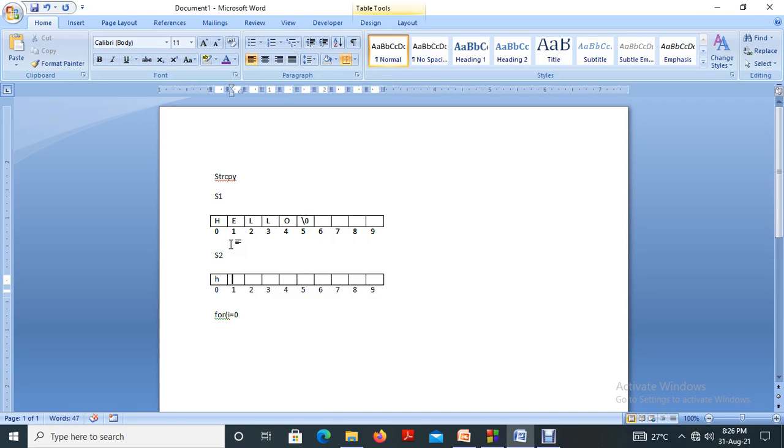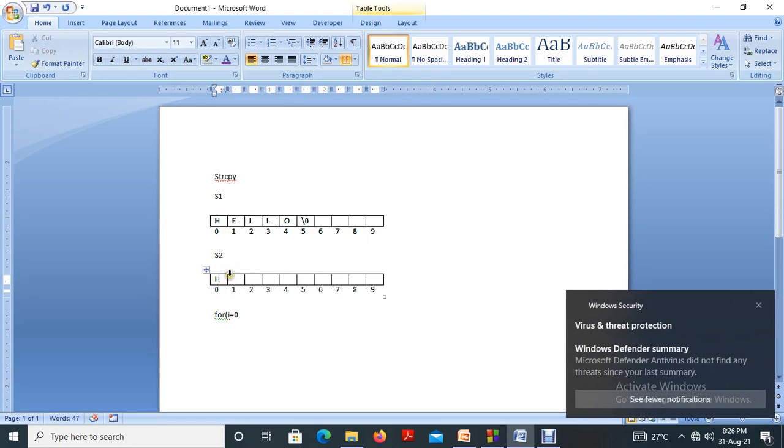And then again, so it's capital H. Again, the initial step is to verify whether S of 0 is not equal to null. If S of 0 is not equal to null, then what will happen? We understand that the first available value is a character. So copy that character and place it in the new string.